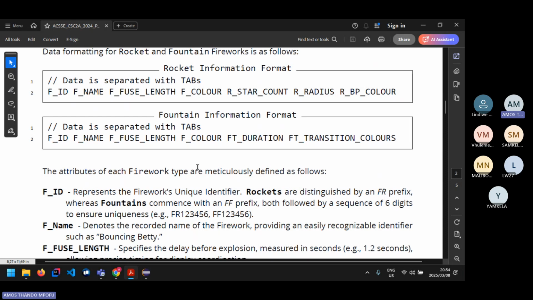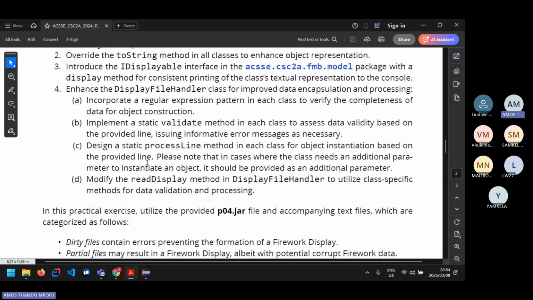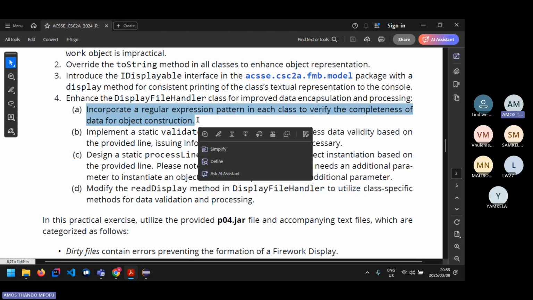So what we need to do is a slight adjustment to the class, just a slight adjustment, because if you check in the practical, they did tell you that you just adjust it a bit. So you see, enhance the display file handler class. So continue with what you already had, but enhance it and change it a bit. They want you to incorporate a regular expression pattern in each class to verify the completeness of data for object construction. So basically create regular expressions for each child class,